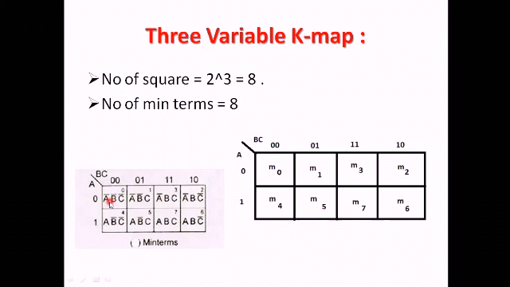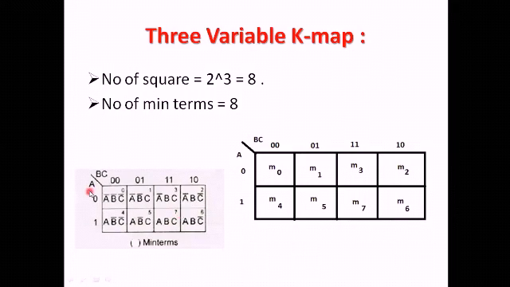So this one is min term 0, min term 1, min term 3, min term 2, min term 4, min term 5, min term 7 and min term 6. Now look here, all these binary numbers are not in normal binary order, but they are in gray code. We will be explaining this gray code in the next slide. Now for the time being, let us look here.